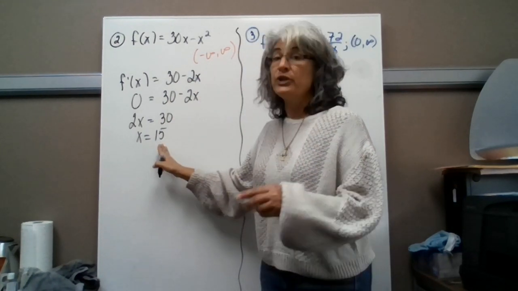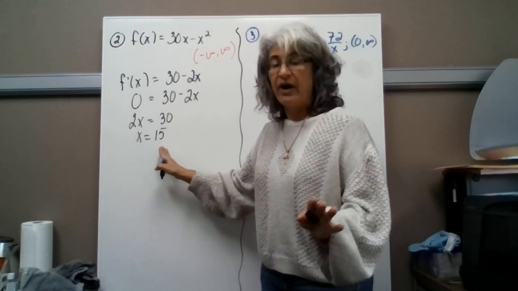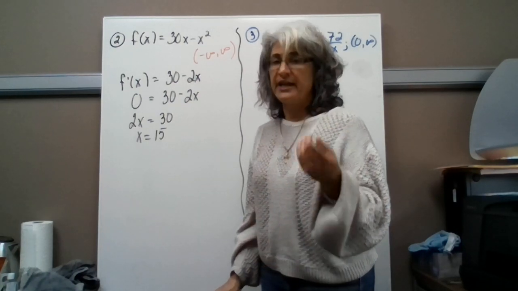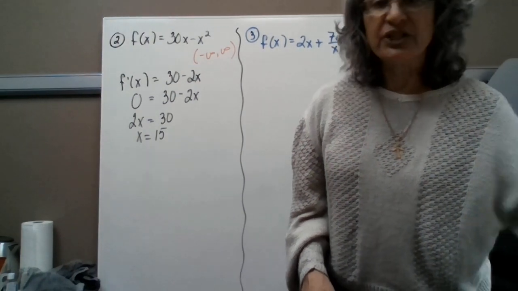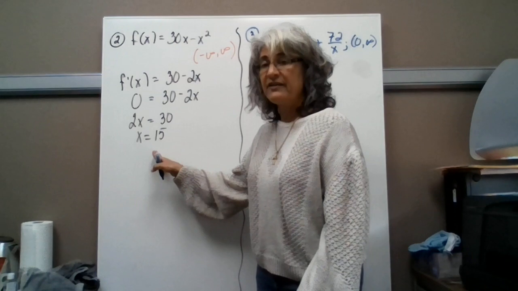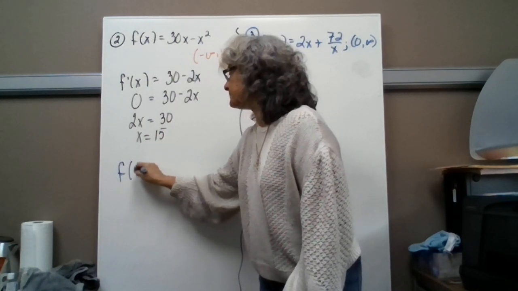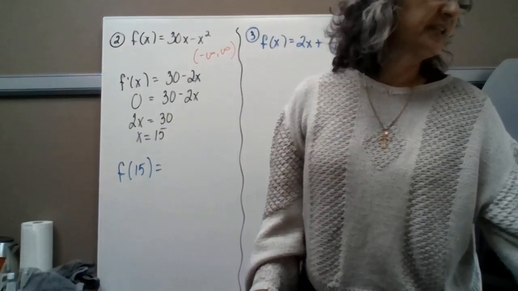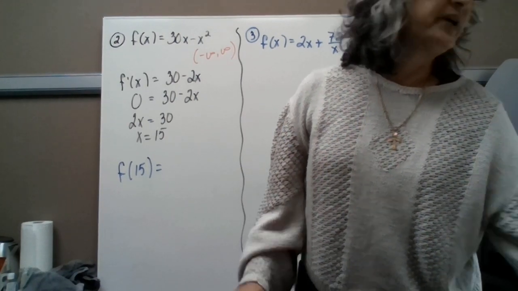Well, there is only one critical value in this interval, so we're good to go. Now, I have to decide if it's going to be an absolute min or if it's going to be an absolute max. To determine this, I get to just do what I did on the last problem. I am going to take 15 and I'm going to plug it into the original problem. And when I do that, gratefully again, I've done the work, I end up with